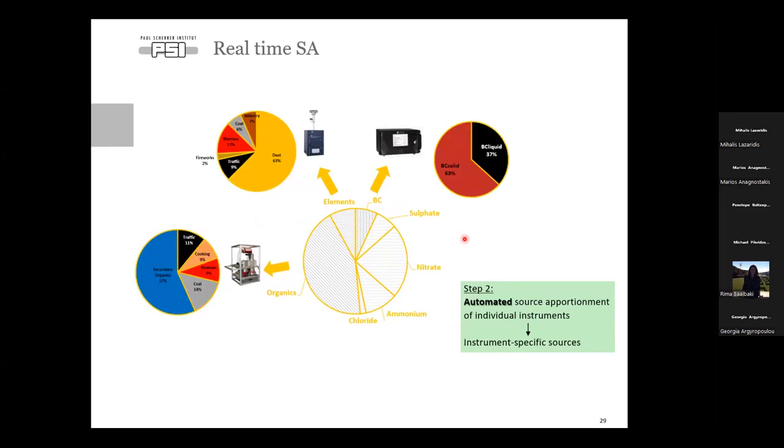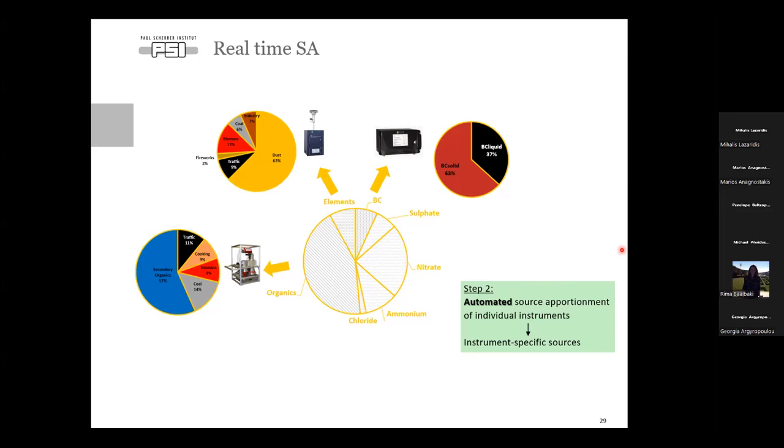The way we implemented real-time source apportionment, and the results that I'm showing you in this methodology, is how we did it in a specific project in China. It doesn't mean that it cannot or will not be done differently in the future. In this specific project, we were preparing software that in theory should be used by environmental agencies, so by people who do not have extended experience in source apportionment techniques.